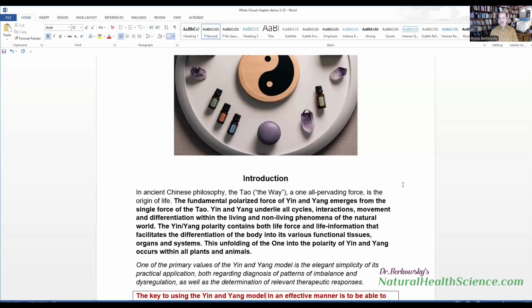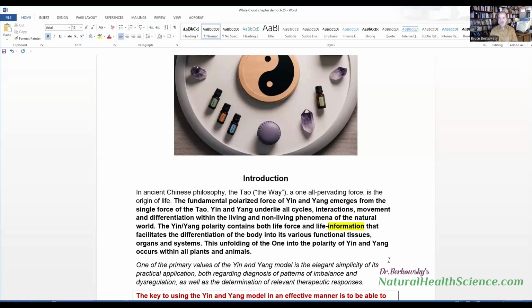So the yin and yang polarity contains both life force and life information that facilitates the differentiation of the body into its various functional tissues, organs, and systems. So the term information is very important for understanding. So if you go outside and you see trees and you hear birds and you can see flowers blooming in the garden and so forth, you have to realize it's more than structure. There's information in each of these,